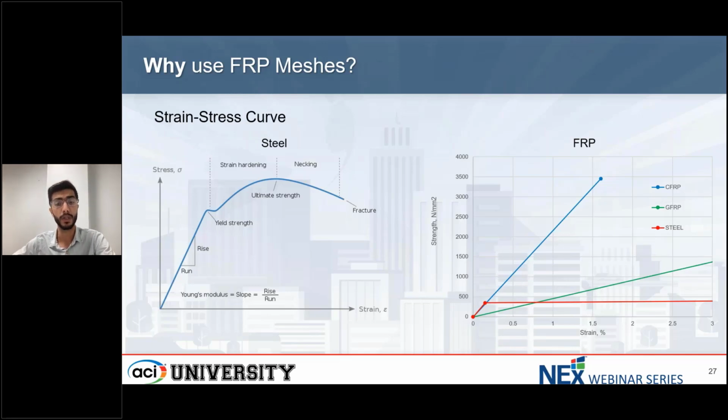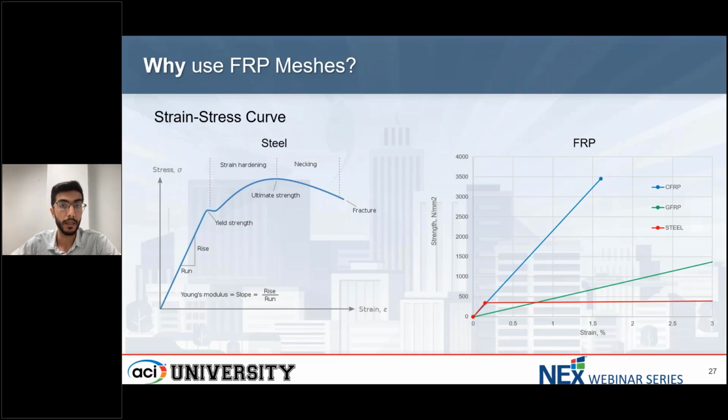It generally has higher tensile strength in comparison to steel, but it depends on the diameter of the bar or the mesh, and also on the type of the fibers. It has a lower modulus of elasticity, which means lower stiffness, so you may have some different behaviors that you have to take into account before using it in your project. It has a lower density, so it has lower weight, which can make the transportation easier, and also